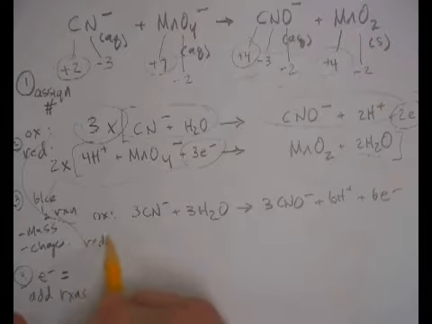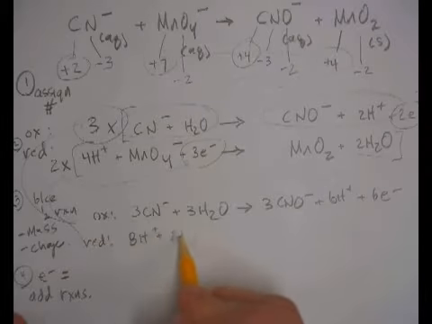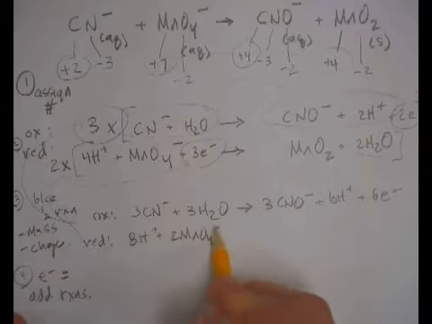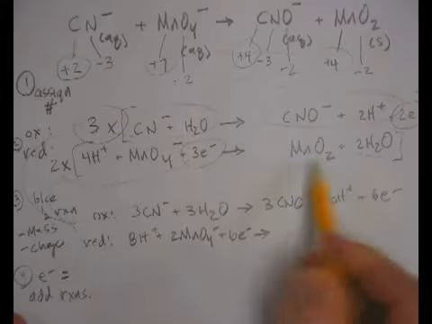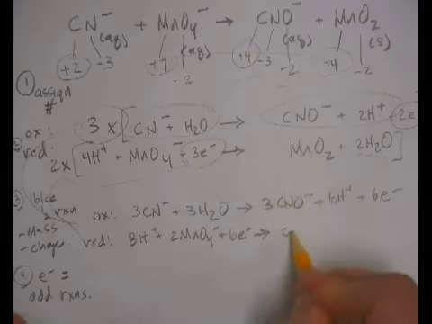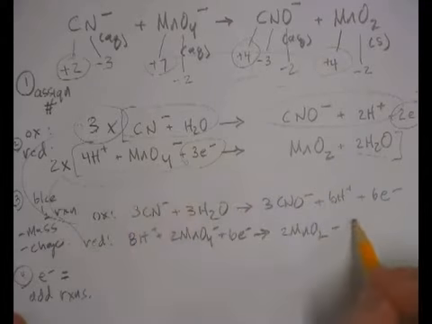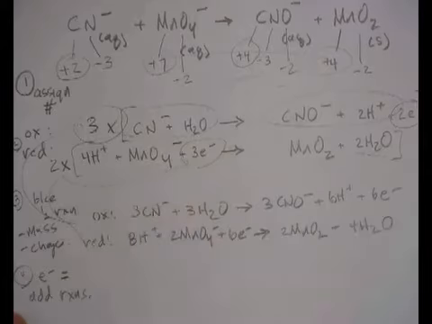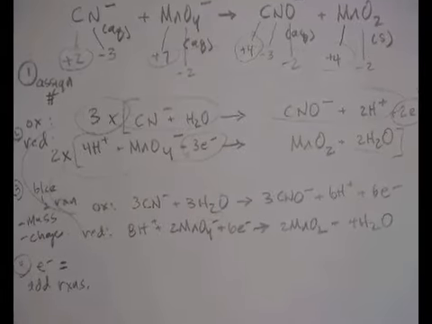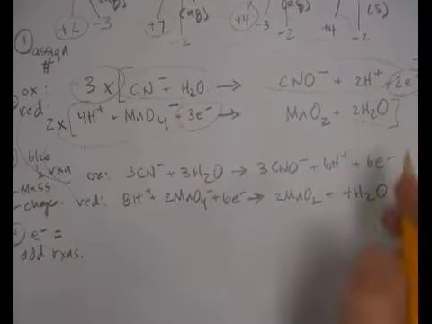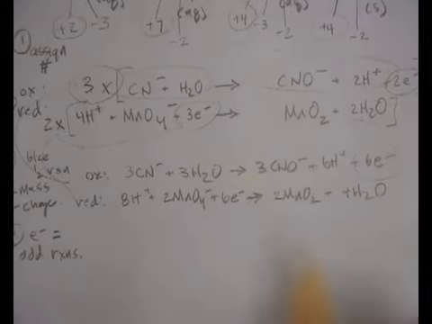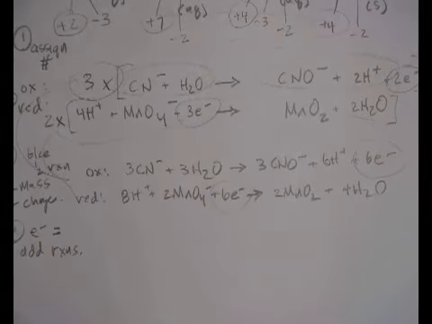Then the reduction half reaction, this will be 2 times 4, or 8 H plus, 2 MnO4 minus plus 6 electrons, arrow 2 MnO2 plus 2 times 2 is 4 H2Os. That gives me my reactions that have the same number of electrons on both sides. And now once I'm done with that,